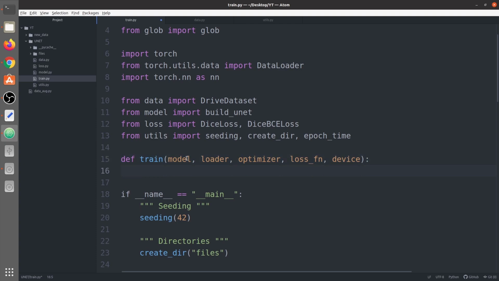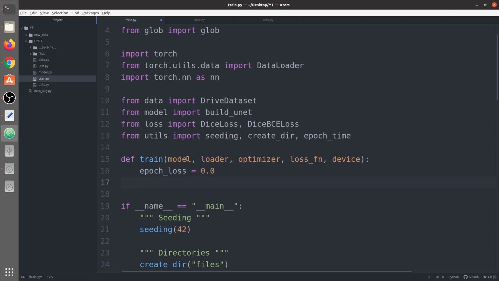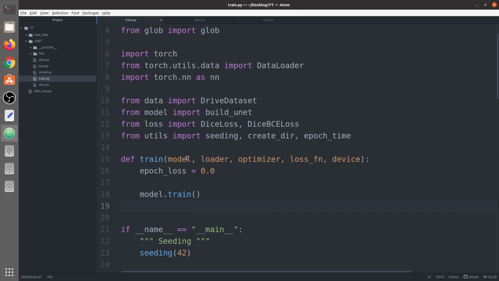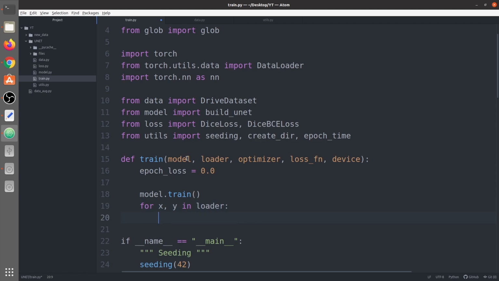Now in the beginning we would say epoch loss, because our main aim is to return the epoch loss with this function, and to return the loss we need to do a lot of operations here. As we are training the model, we would say model.train. So we would specify that we are training, we are not testing or evaluating the model here. Now we're going to loop over the loader, x and y in loader. Now x and y are basically tensors, so we're going to load them onto their proper device, that is the CUDA device, because the model is also on the GPU, so the data should also be loaded on the GPU.